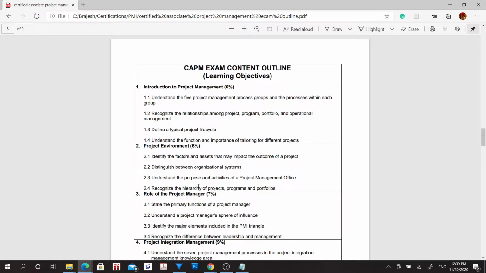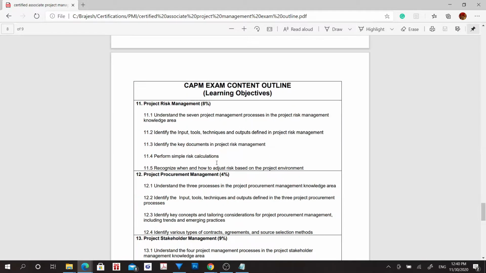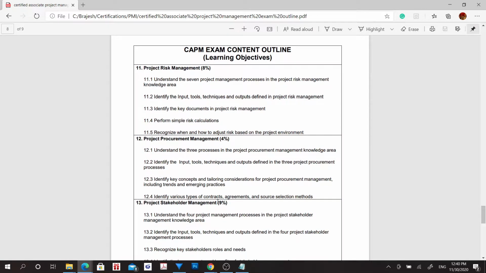Now I am going to talk about what questions they might ask in the CAPM certification exam. To guess the questions they might ask, you need to refer to a document called CAPM exam content outline. There are 13 chapters in this content outline, and they have also mentioned the percentage of questions which will be asked from